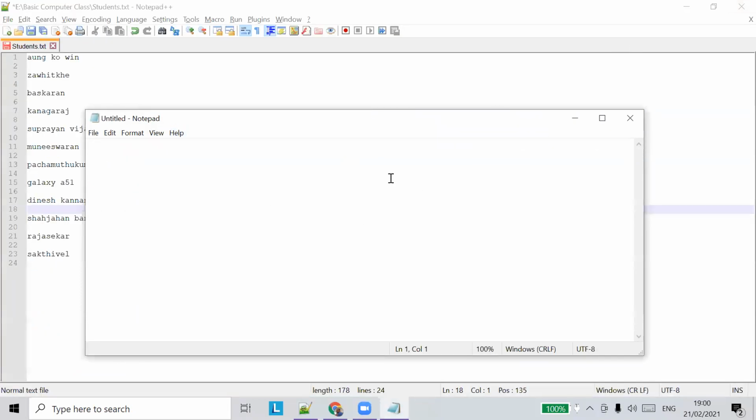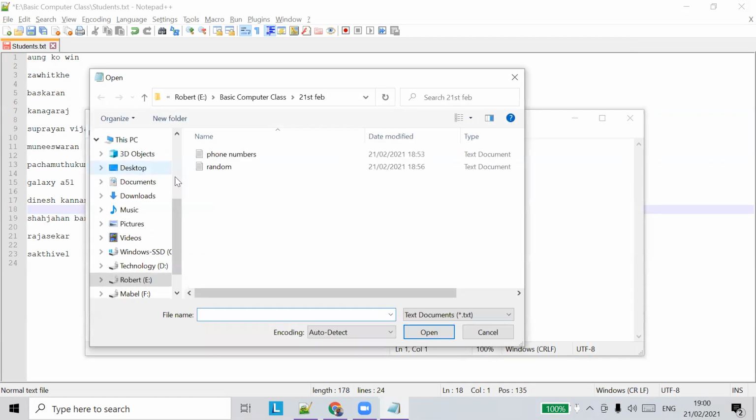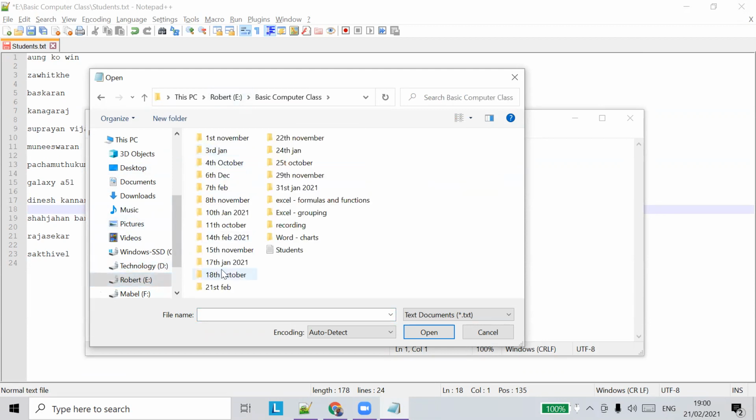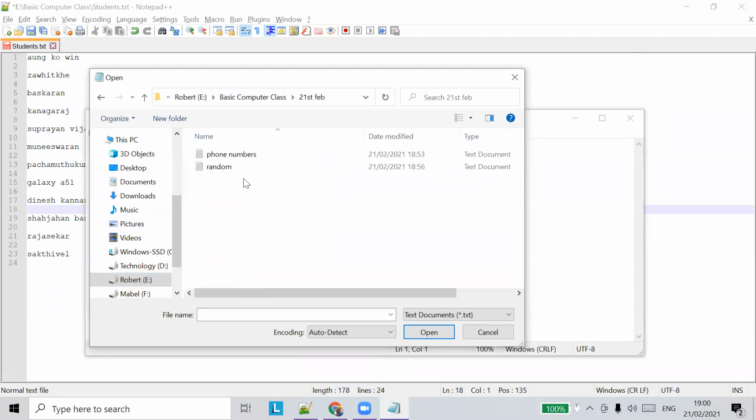I want to open it from the notepad itself. So that can be done using the file open option. So if you click open, you can browse to the appropriate location. Go to E drive, go to basic computer class, and go to 21st February. Now you see the file. Okay, select it, and you'll see the file name.